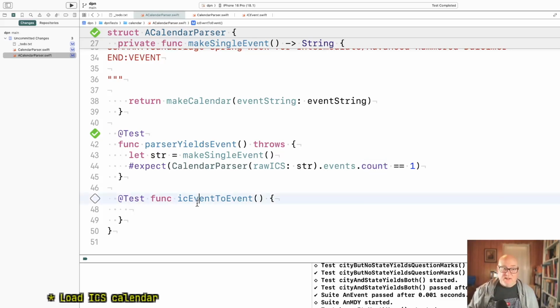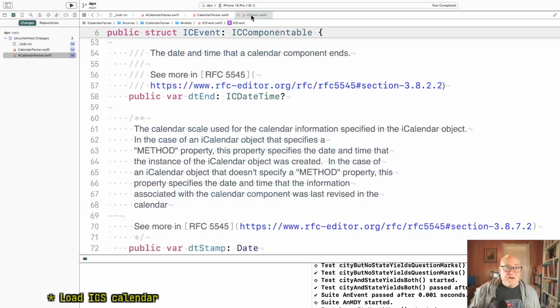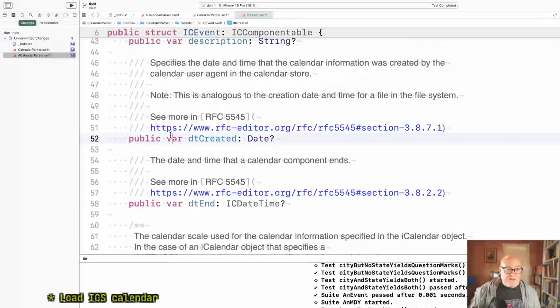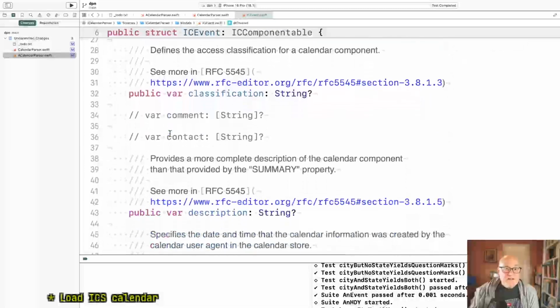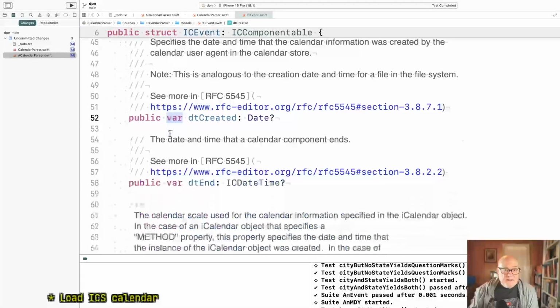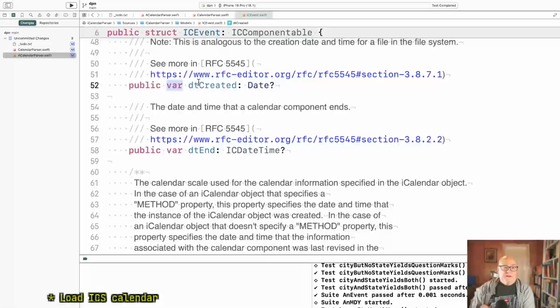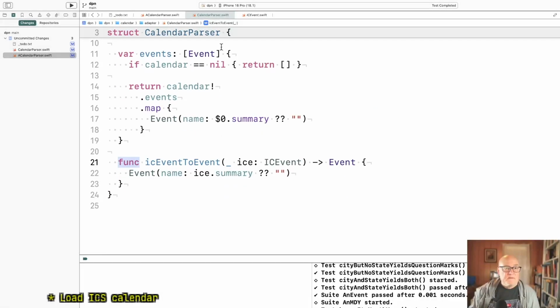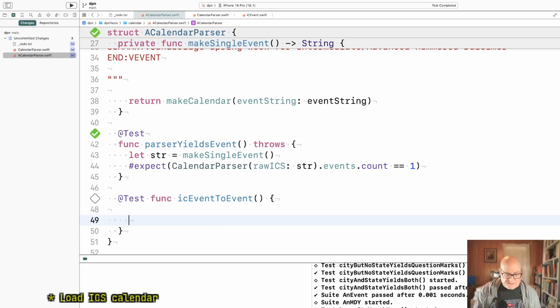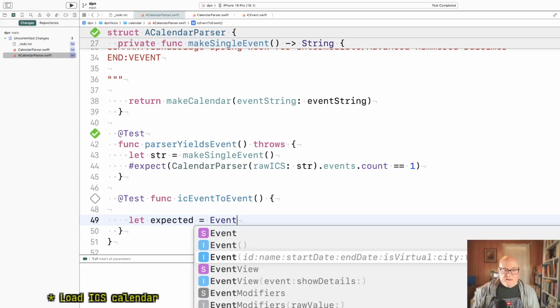So now we're going to treat this piece of converting the event from the IC event format to our event format. And from what I see here, I think I can create one of these. It's got these public fields, and it's a struct, so I should be able to put in whatever I want. Okay, so let's make an expected event. Expected equals event, and then I'm going to do,